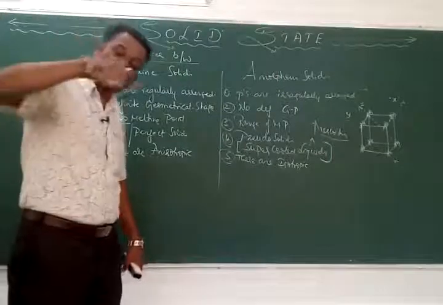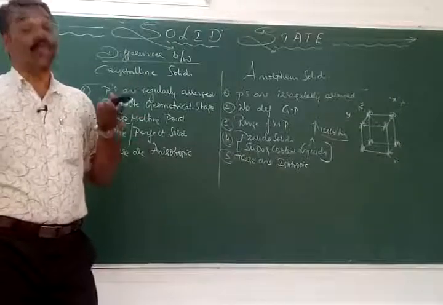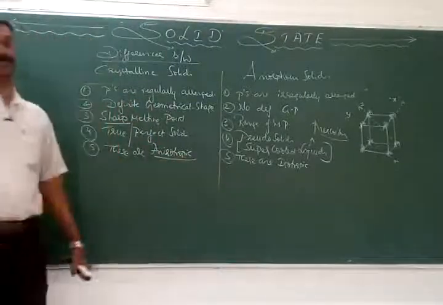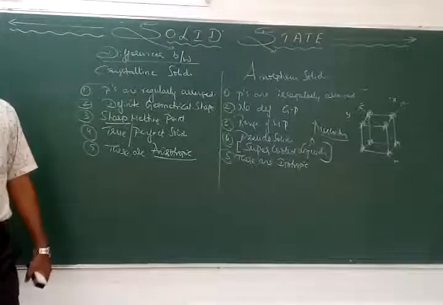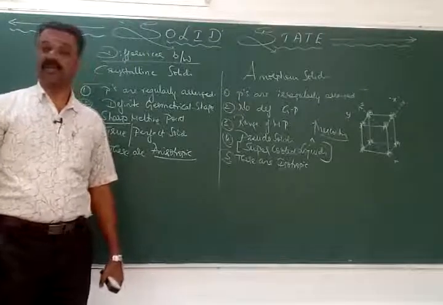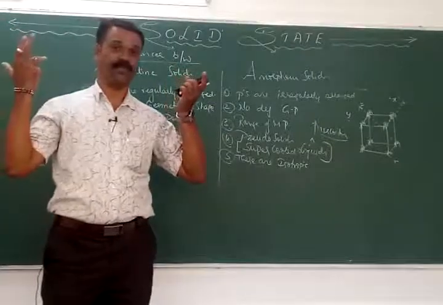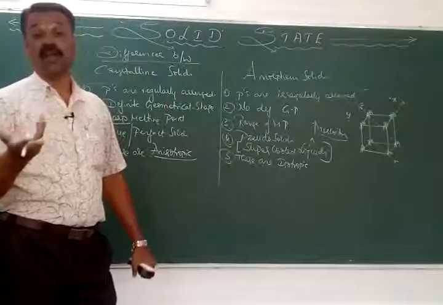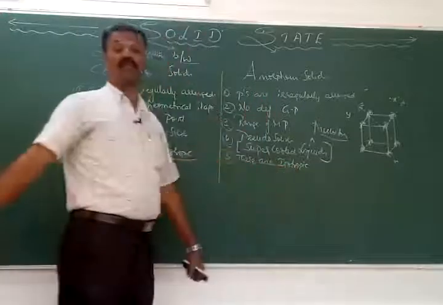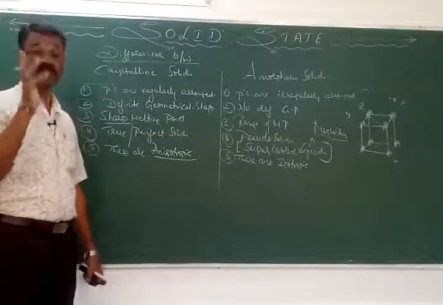When I measure that particular system or the crystalline solid in different directions, the values are found to be different. If the values of those physical properties are found to be different in different directions, it is found to be anisotropic in nature. But here, there is no regular arrangement of the particles with respect to the amorphous solids. If I measure the electrical property or the mechanical strength in any other directions, it is found to be an average, or indirectly it is the same in all the possible directions that we are measuring. That is why the amorphous solids are found to be isotropic in nature. First you make it very clear what is isotropy and what is non-isotropy.